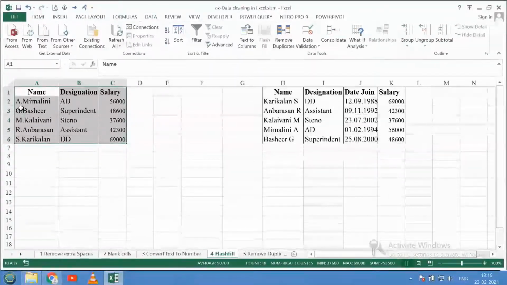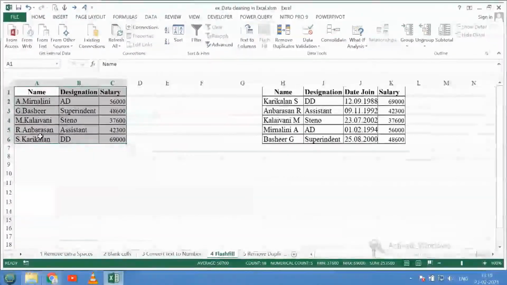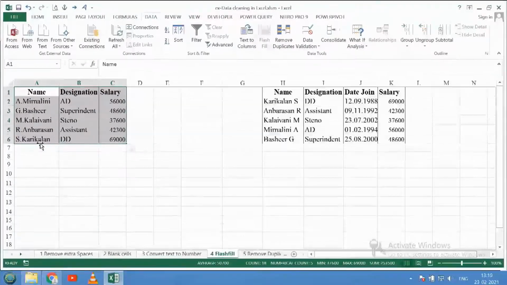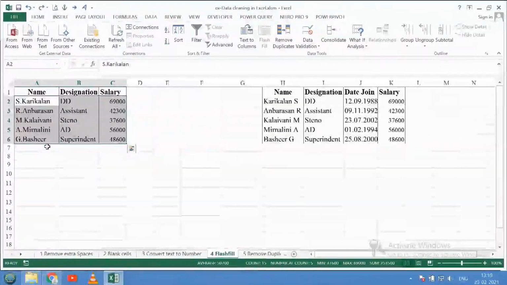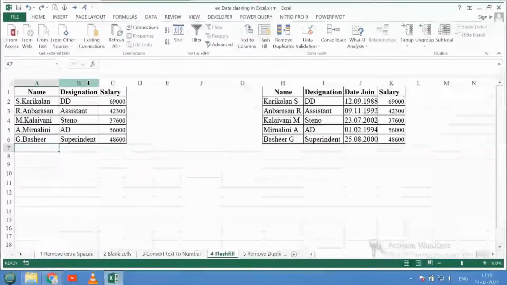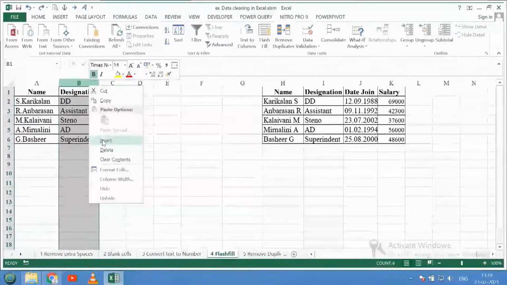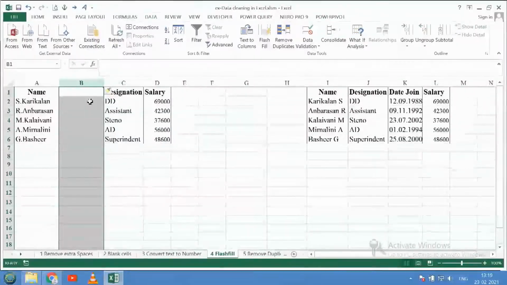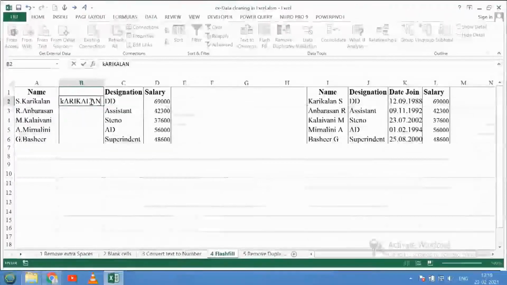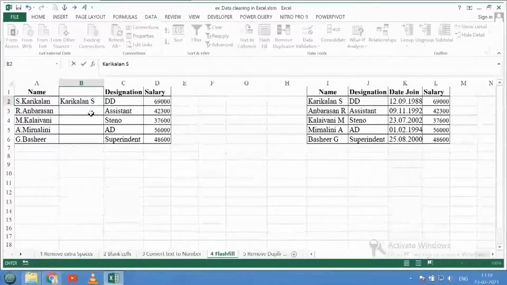So for this, if you enter the initials at the back, we can easily rearrange the names in alphabetical order. For this, we can use the flash fill facility. No need to retype the data. Insert an empty column adjacent to the name and enter the name in the correct format, with name and initials at the end.